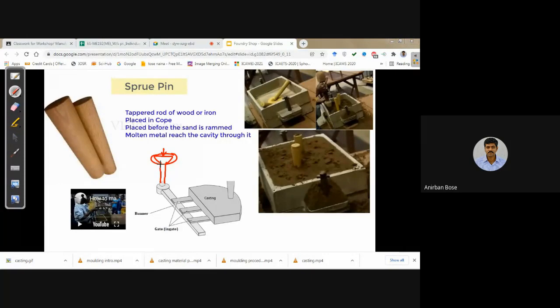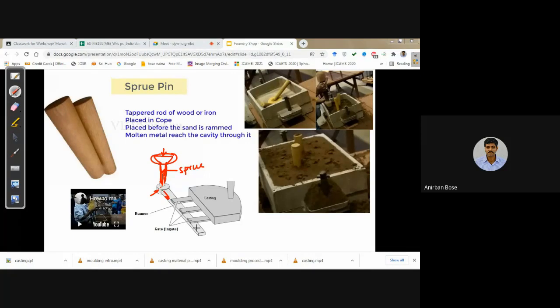After that, this taper hole, which is created with the help of the sprue pin, is what is called the sprue. After that, it goes to this position, which you can call the sprue well. Then it goes through this common passage, which is called the runner.